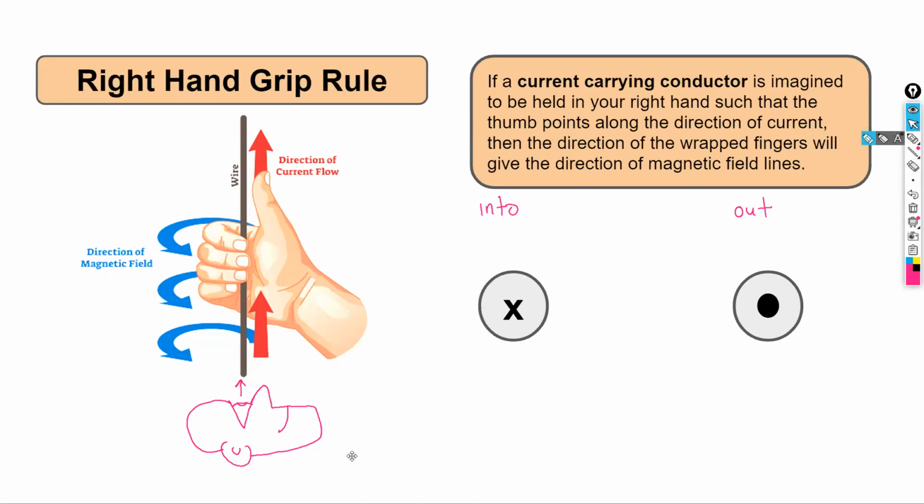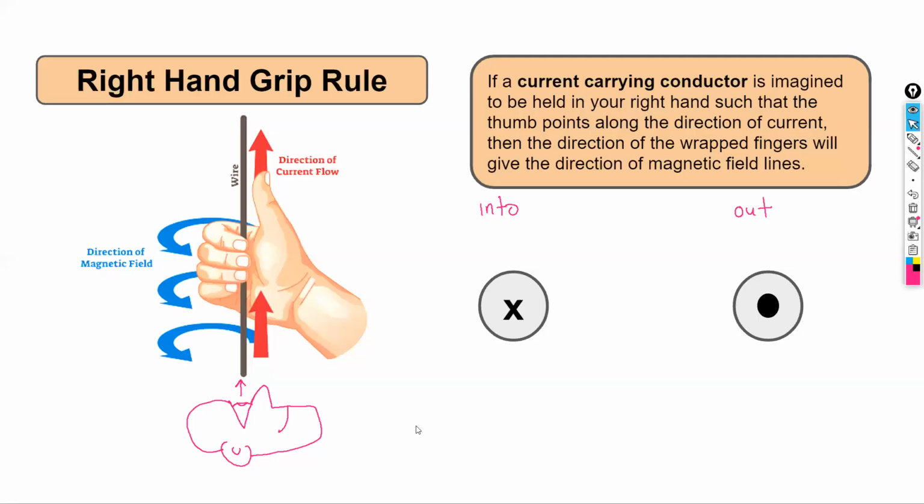Right, so I'll wait for your answers. If you grip this with your right hand and your thumb is facing into the screen, right? Just hold. Remember, you're looking at the back of your hand. I think I gave you all the wrong answer. It's supposed to be flowing